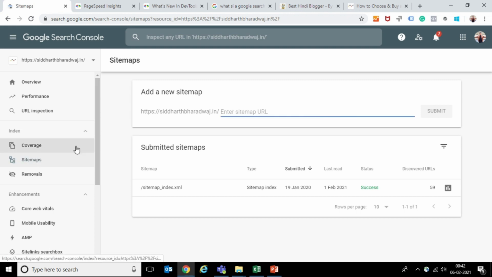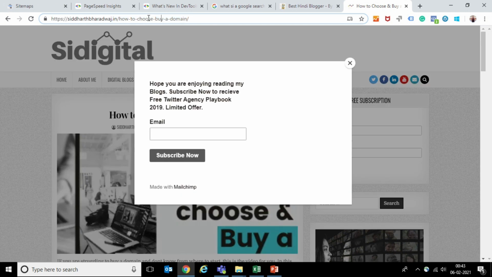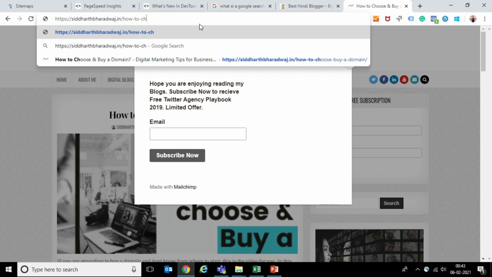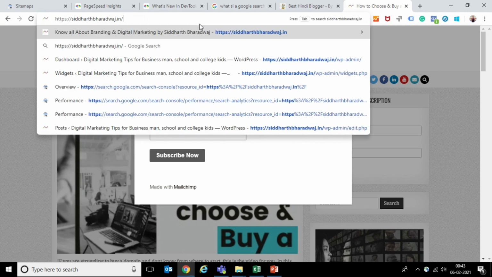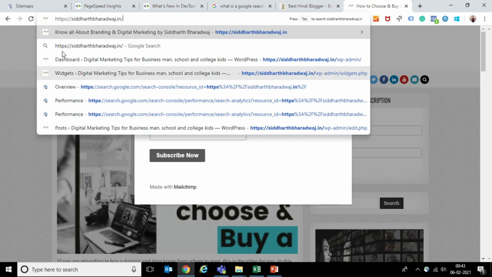Let's go to sitemap. So it is saying that I can submit a new sitemap and again check how many, whether my pages have been indexed or not. So what is exactly sitemap? Let's look at it. So suppose I'm there in my website, and what I need to do is basically I need to identify whether I have been indexed or not, right?